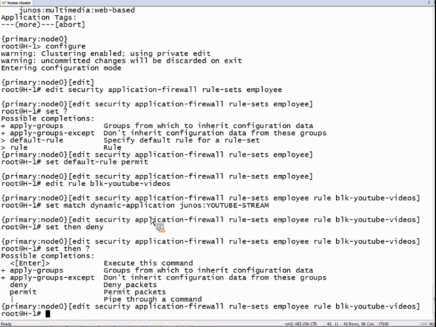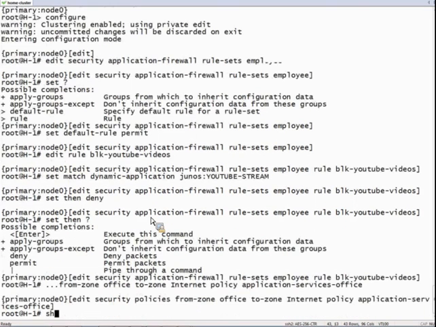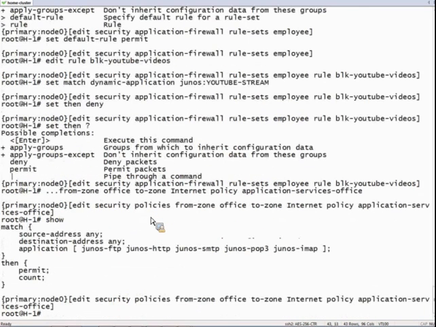So we'll jump to the policies, from the office zone to the internet zone. And then the policy application services for the office. Take a quick look at this. We can see that we're matching on any source address, any destination address. We've got a few applications in there that we're allowing through. Junos HTTP is the one that we're concerned about because that's going to be the web media that we want